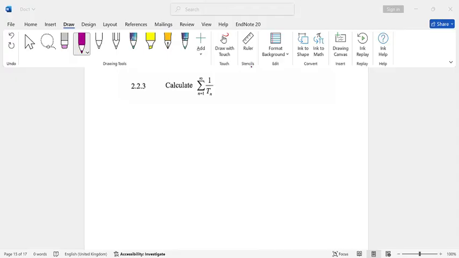So we have another question, 2.23. Calculate the summation, n equals 1 to infinity, of 1 by Tn. Okay, so we have the summation situation over here. They say calculate, and this is the sum of this series. All right, so with the general formula of 1 by Tn, so we have